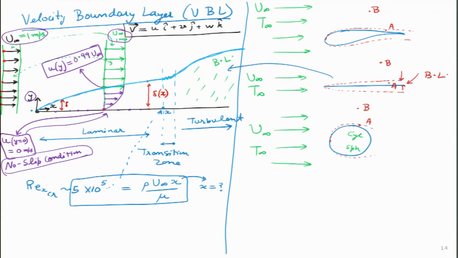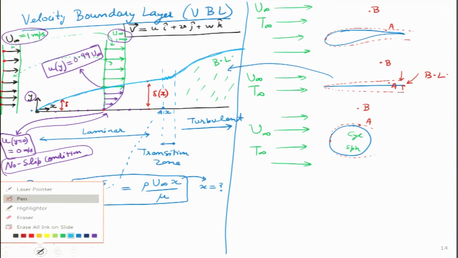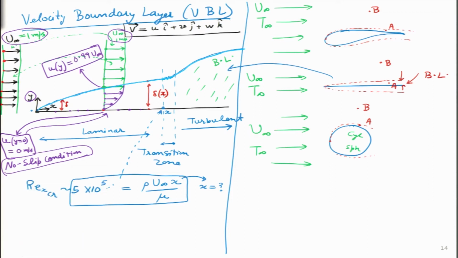And now, with this explanation, if we have understood it correctly, we can ask a lot of questions. So, let us start with all those questions which come to our mind. We have understood that initially the flow is laminar, then there is a transition, then it becomes turbulent. Reynolds number is directly proportional to x, which means if the Reynolds number is some value at 1 meter, at 2 meters it will just be double of that.